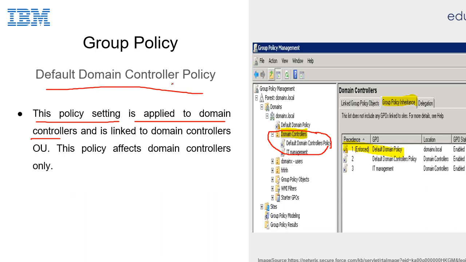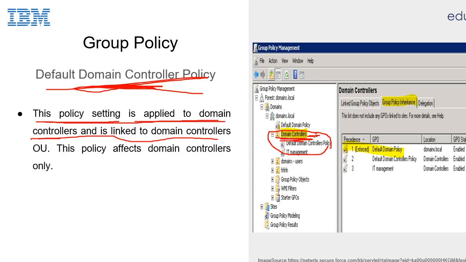This policy setting is linked to the domain controllers organization unit.